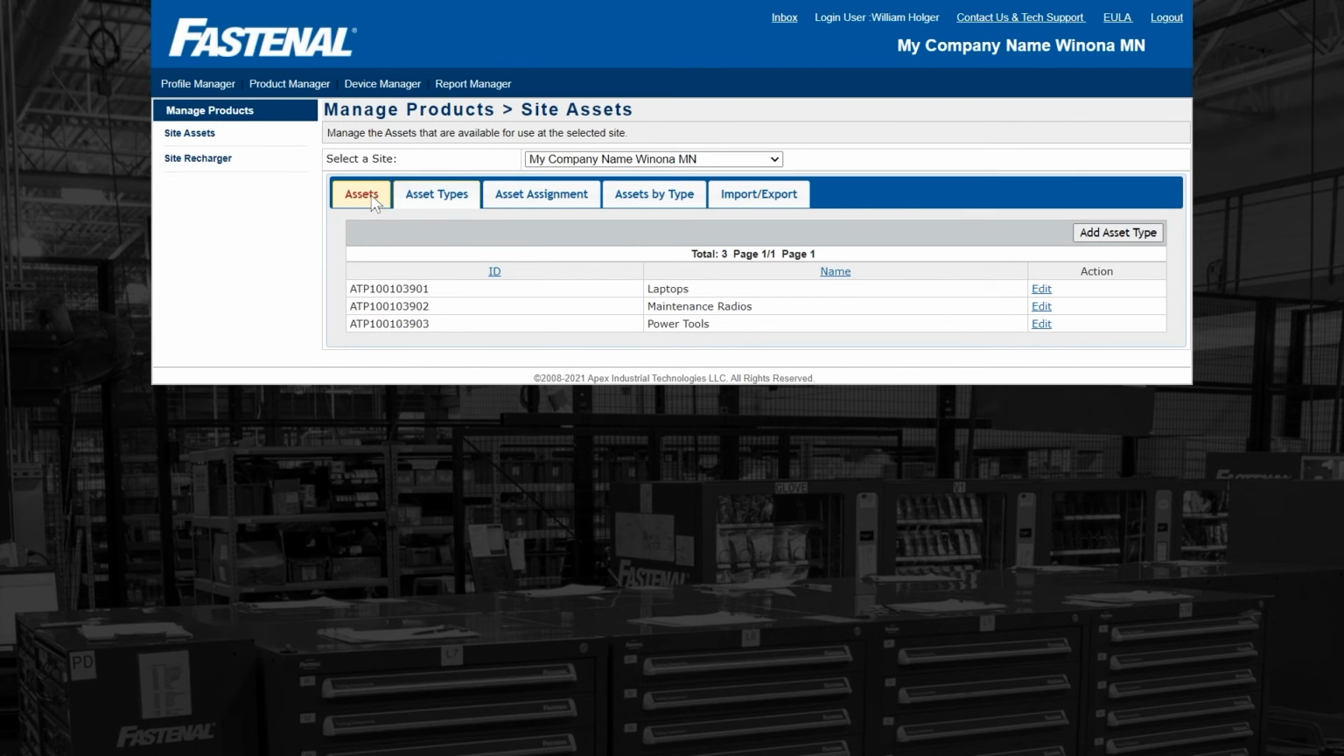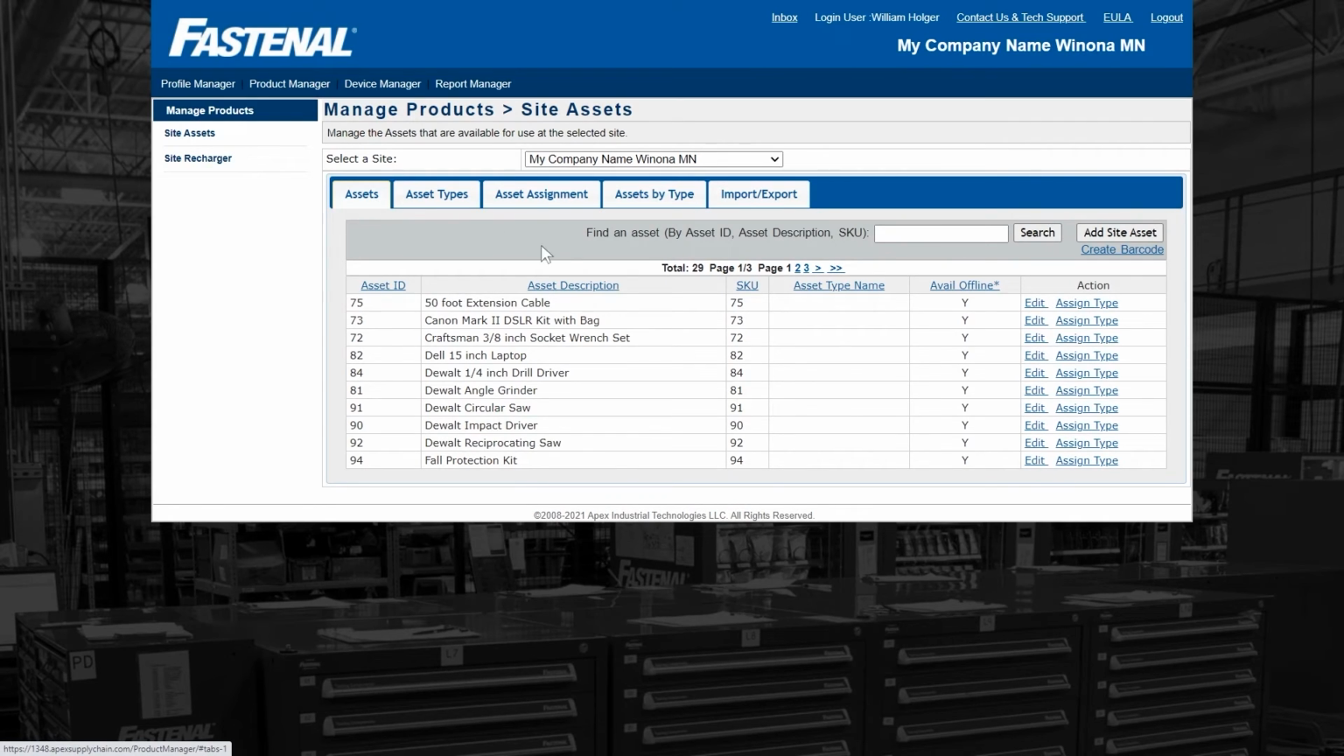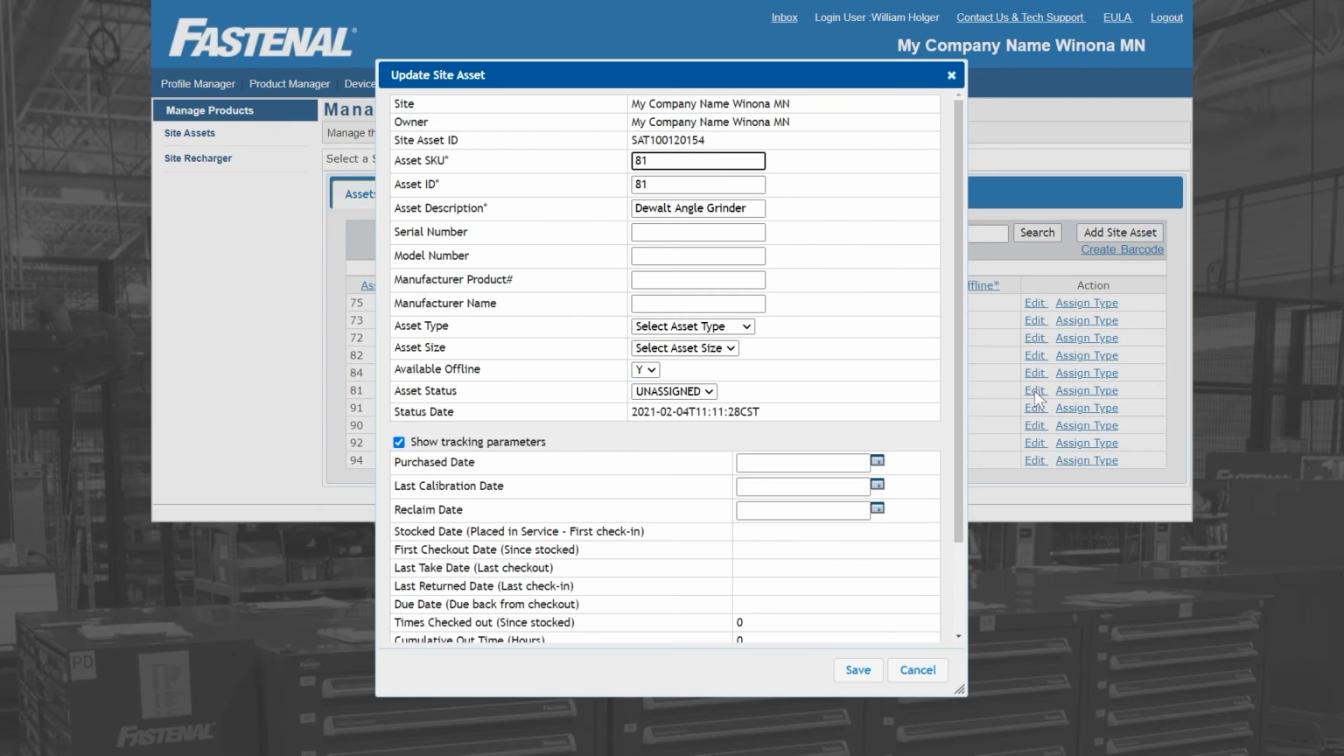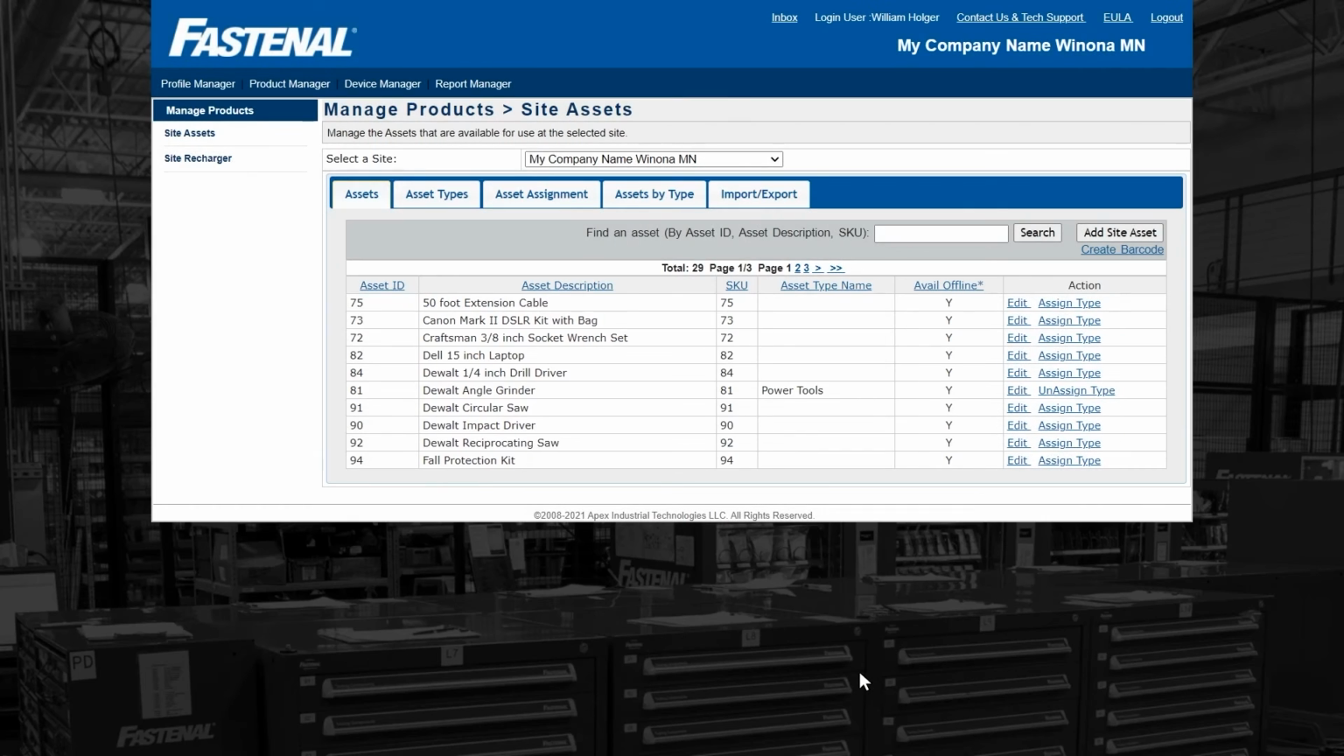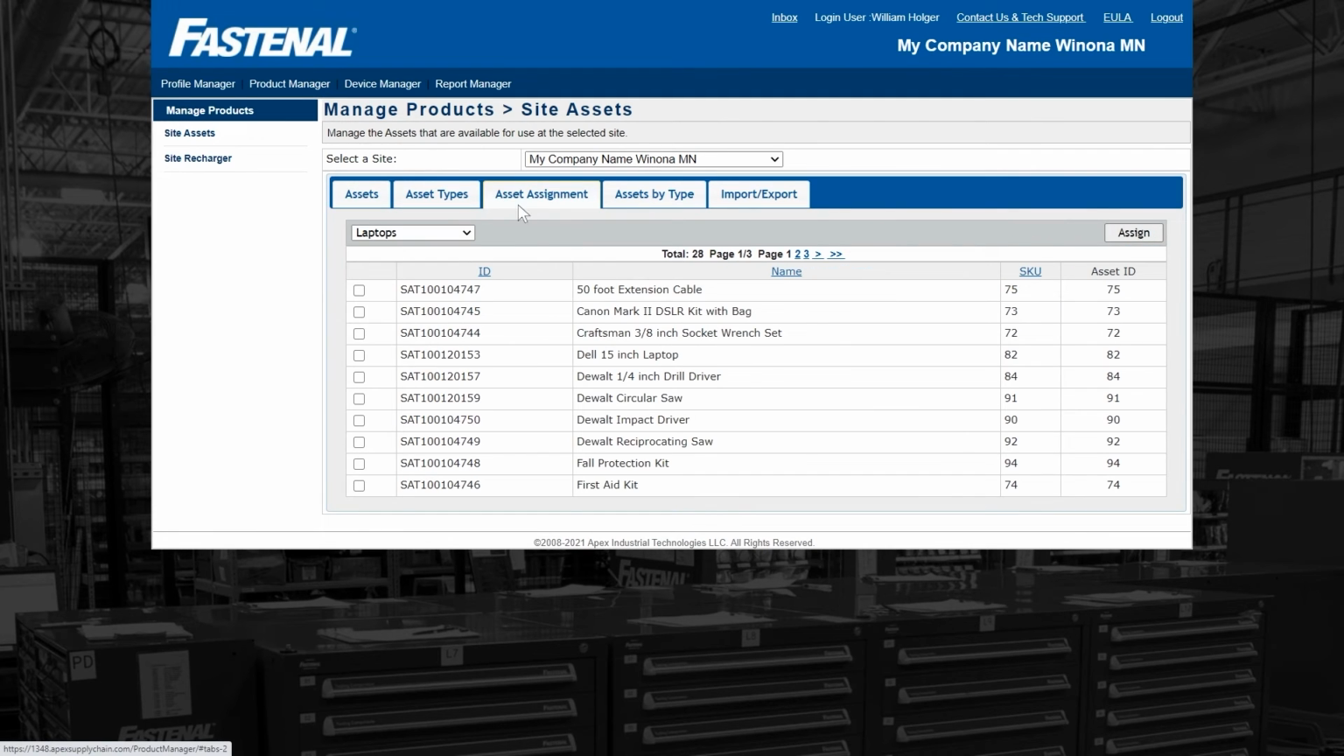First, click on the Assets tab, then choose an asset you want to assign by clicking Edit. Select the Asset Type dropdown, choose the appropriate type from the list, then click Save. The Asset Assignment tab can also be used to assign an asset type. Select the asset type in the dropdown and use the checkboxes to select which assets need to be assigned, then